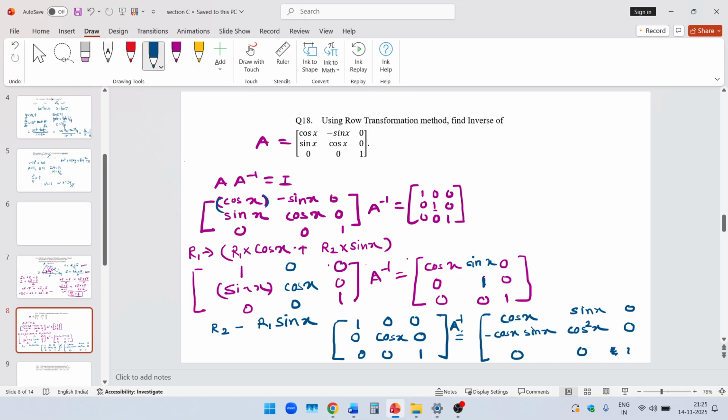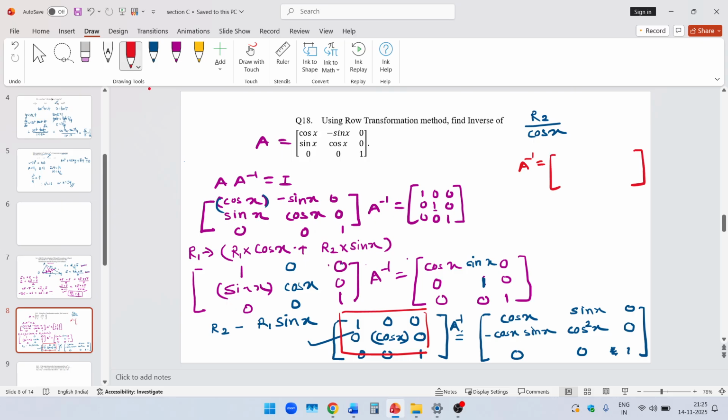That's it, we have almost completed the problem. Now all I have to do is convert this cos x into 1, so that I will get here the identity matrix. For this, the step that I'm going to use is r2 divided by cos x. So if I divide the second row by cos x, this entire matrix here will become I, the identity matrix. Next, besides I there is A inverse, so A inverse will remain as it is,